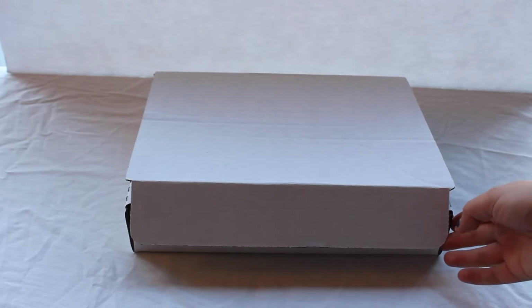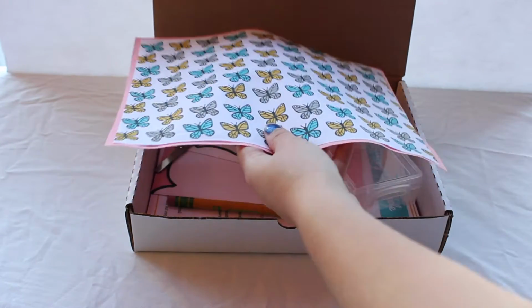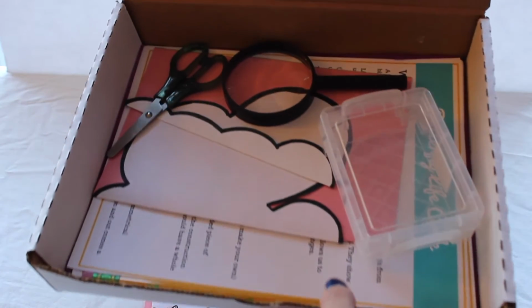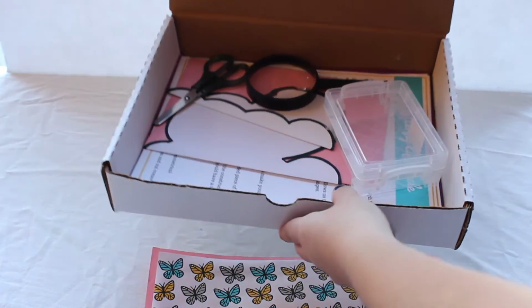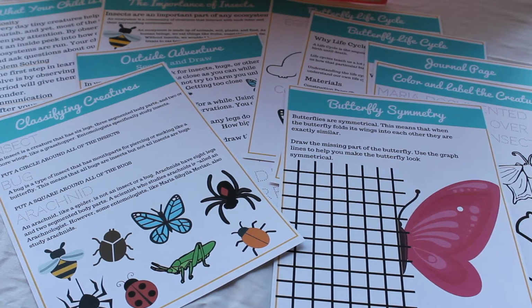As you open the box, the first thing you should see is this themed wrapping. The contents of the box will be wrapped in matching tissue papers. Colors are subject to change. As she unwraps the paper, she will see all of the contents that she's going to need for her indoor STEM activity. Underneath all of the indoor STEM activity materials are informational pieces of content for you and more activities